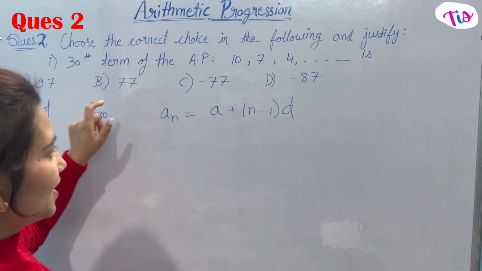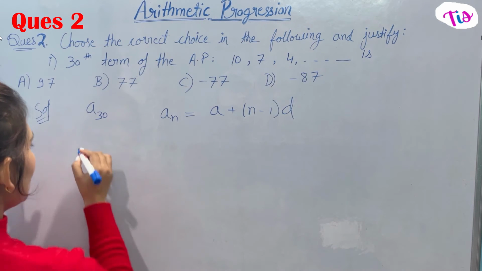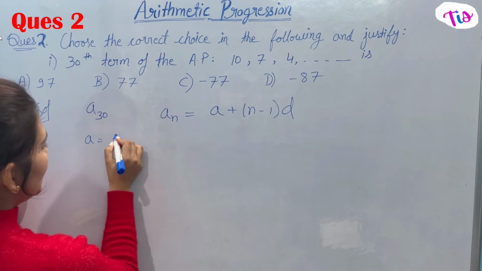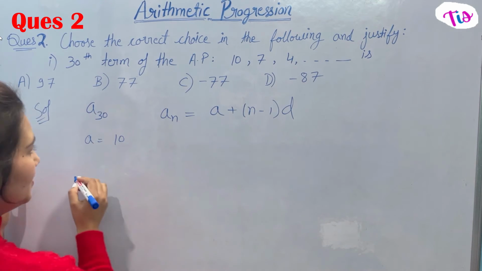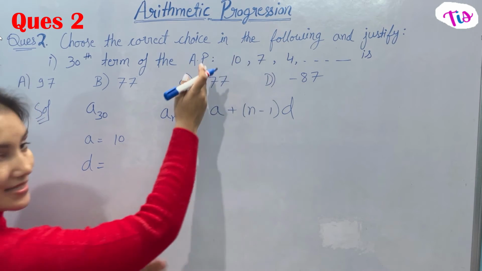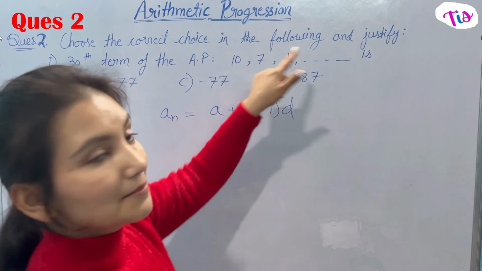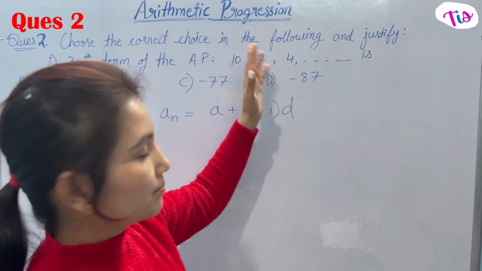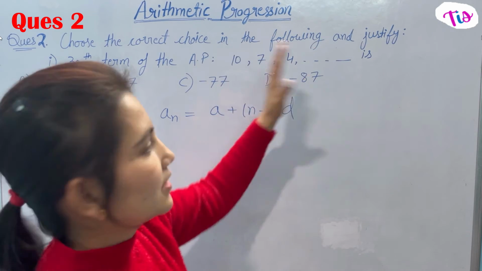So you have to find out A30 and this is the AP. For this AP, the first term is 10. Okay, what is the common difference here? Common difference d is equal to A2 minus A1, 7 minus 10. Okay, don't do it 10 minus 7, right? Many a times what students will do, they'll just write down common difference as 3, 10 minus 7, okay, in